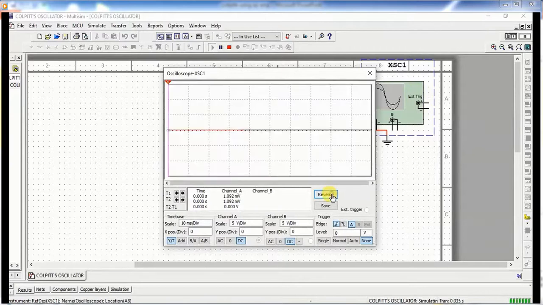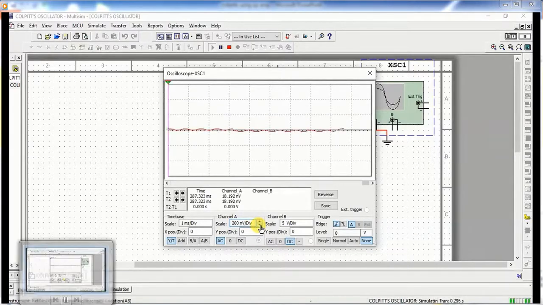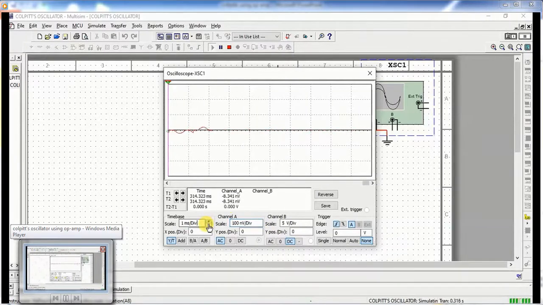Now your circuitry is ready, so run the simulation button, and adjust the position because the output is an AC waveform. After changing the scale and time base, you can find the proper result. As you can see over here, after changing the scale, you can find a better result, and the output is displayed.